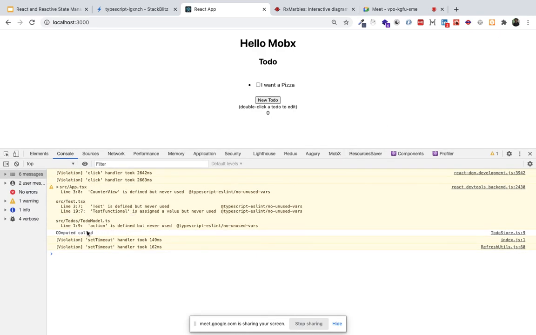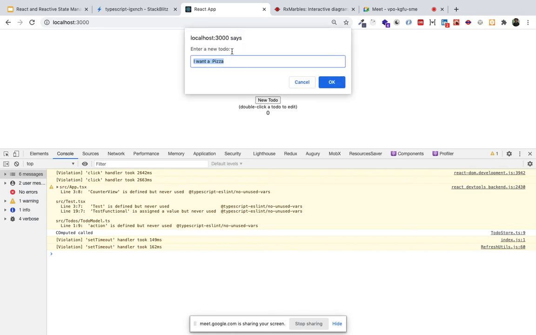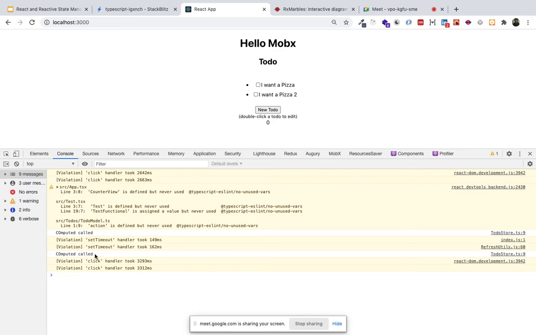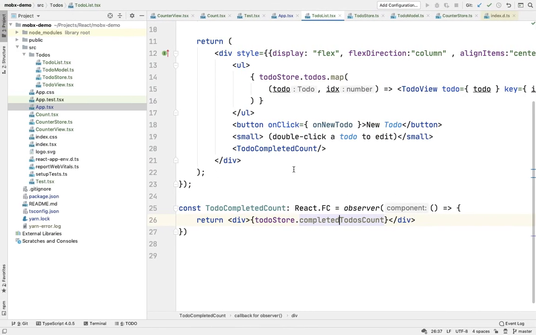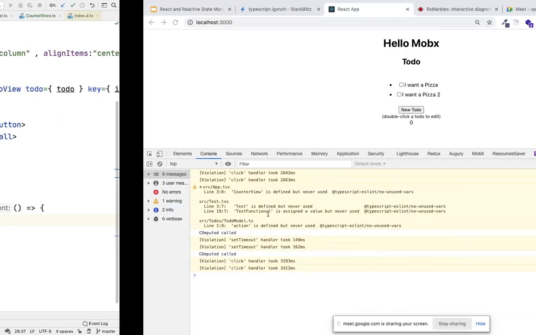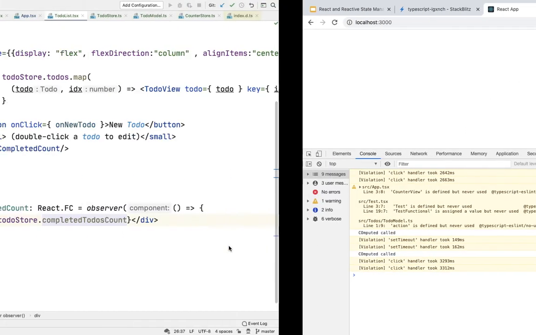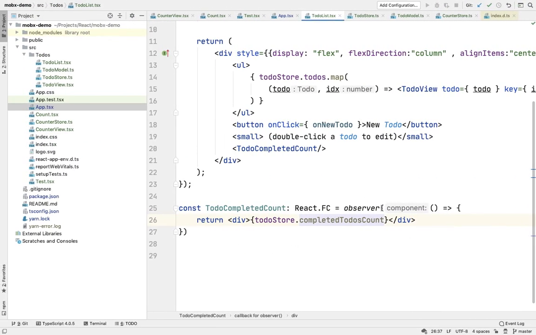See, computed is called because now we are observing the changes that are being made to the to-do list. Let's add a new to-do. See, computed is called again. So you can have as many computeds as you want in your application, but only those will be called that are currently being observed. So if we remove the observer from here,